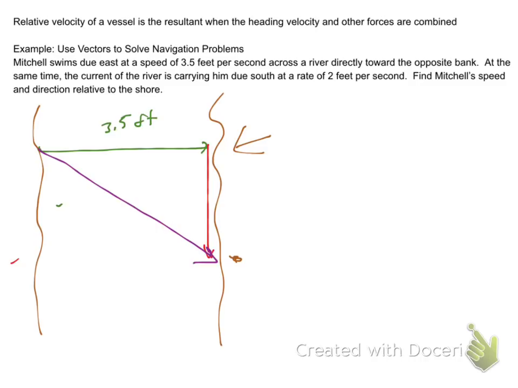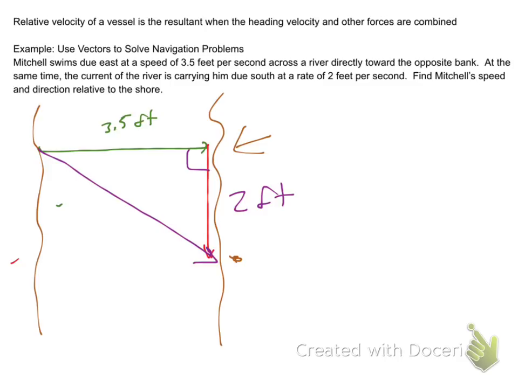Now, granted, guys, he's not fighting the current at all, is he? He's just swimming straight across. And so here's the cool thing. This is 2 feet. Because these are at right angles, you could use your trig information, 3.5 squared plus 2